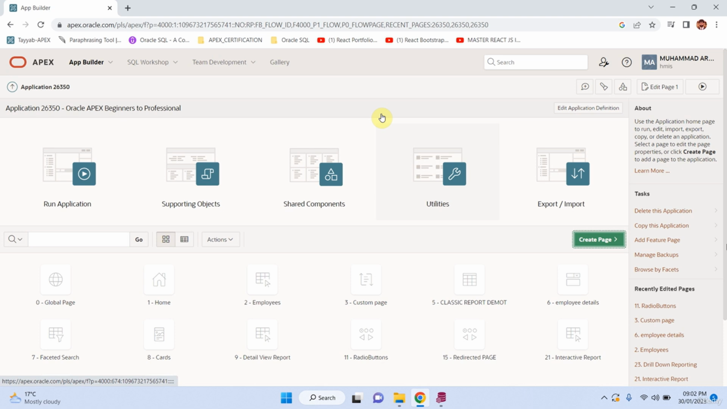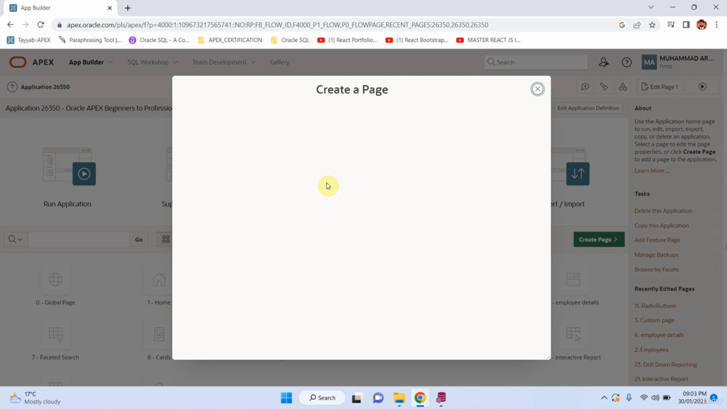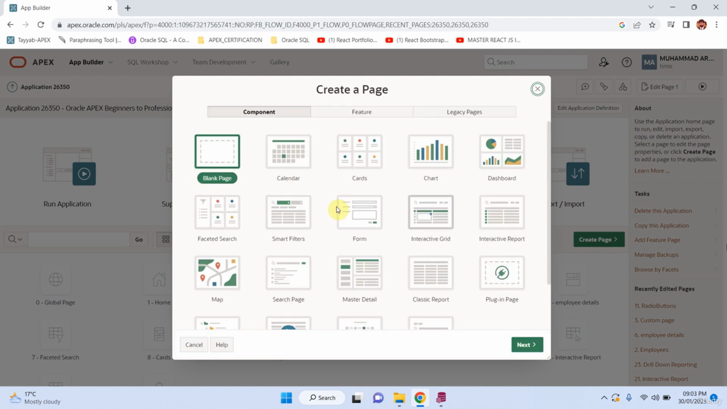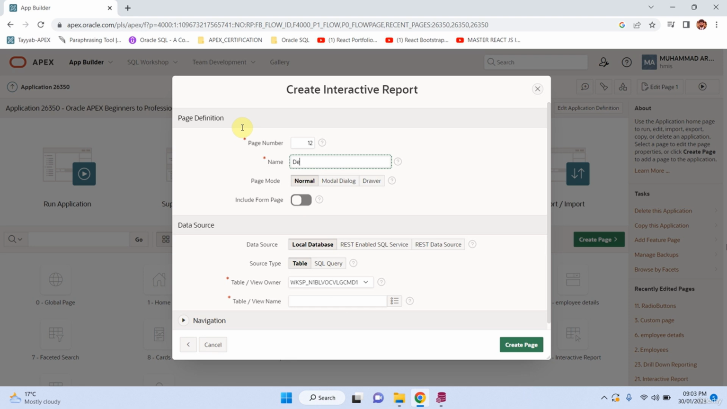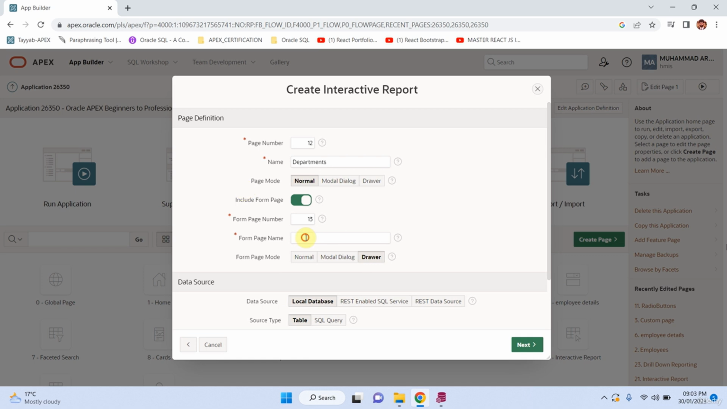So now we will learn it with an example. First of all, create a page. For example, we create a report, an interactive report, and it is a departments table report, and include an editable form which is edit department and its modal dialog. Next,